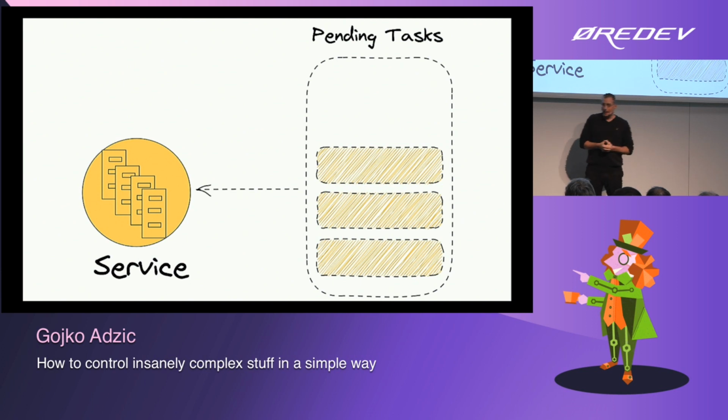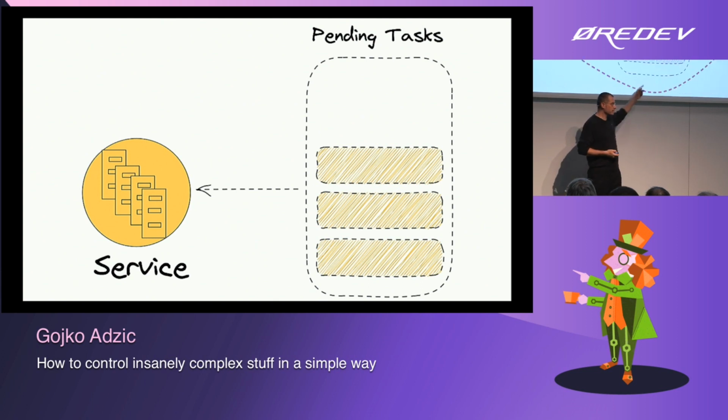And in order to predict capacity correctly, we need to know lots and lots of crazy mathematics. Like, what is the average time of running a task? What are the spikes in demand? What are the variations between the tasks? What are all sorts of crazy things? And the whole operating system theory is built on that. But effectively, most implementations of some kind of scaling control system have something that's much, much simpler.